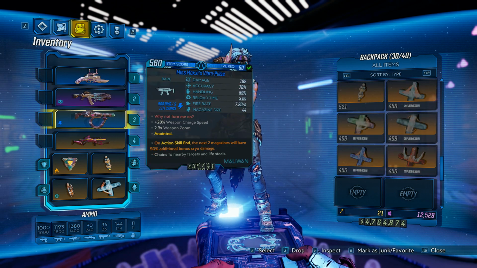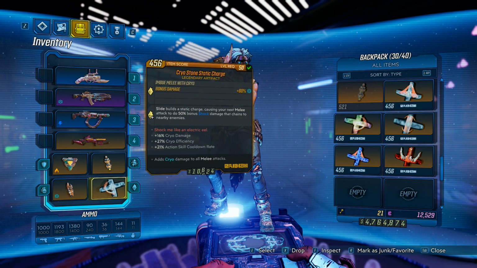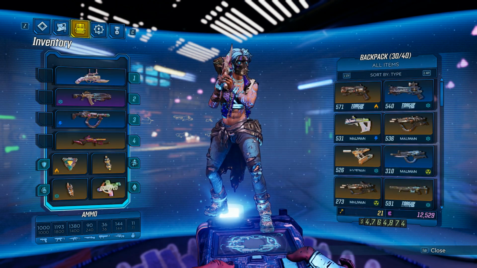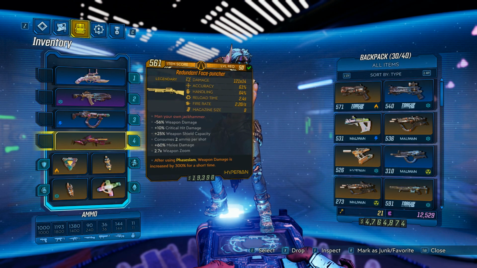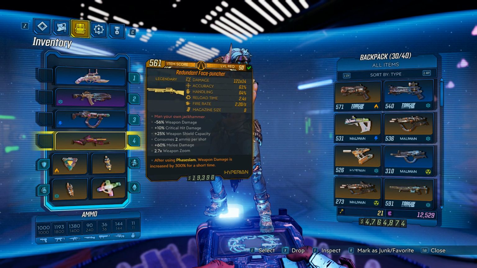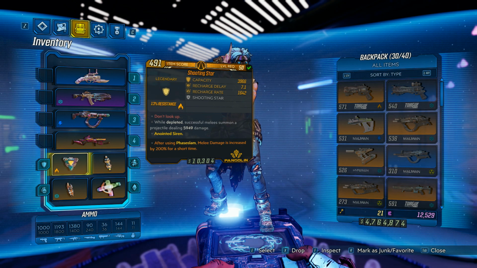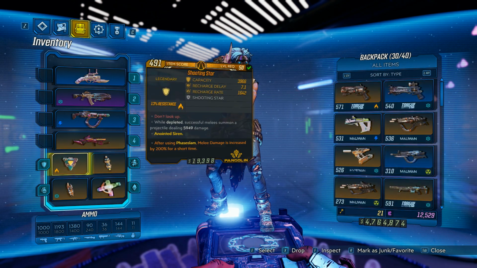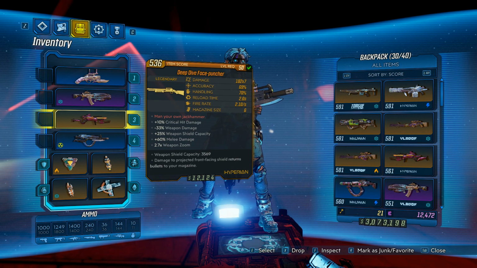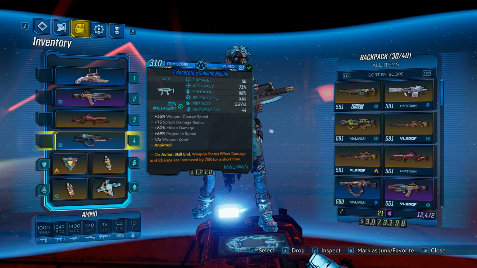So the next couple of items I'm going to go over, this one in particular. So the Shooting Star. A couple of things you need to make the Shooting Star work. One thing is a face puncher. So you do not need it to be redundant or anointed. It just needs to be a face puncher. But the Shooting Star, when coupled with a face puncher, and that's pretty much it, you will be able to melt some of the biggest bosses in the game instantly, within 1 to 2 clips,